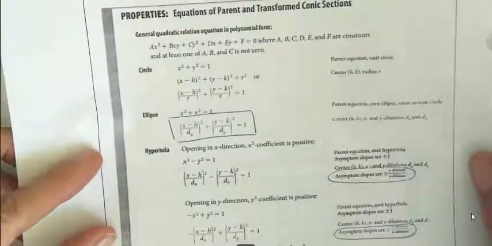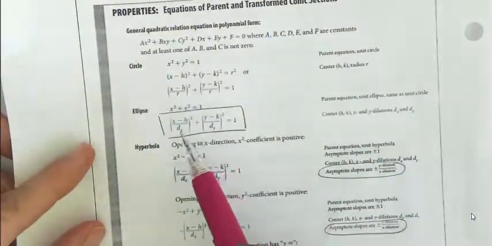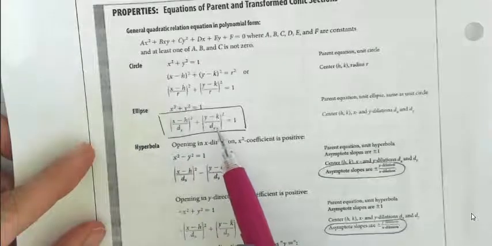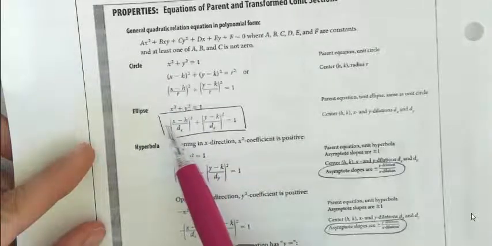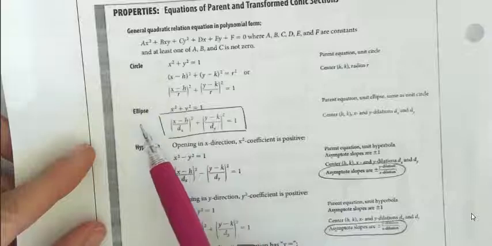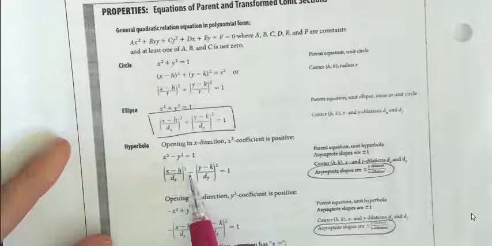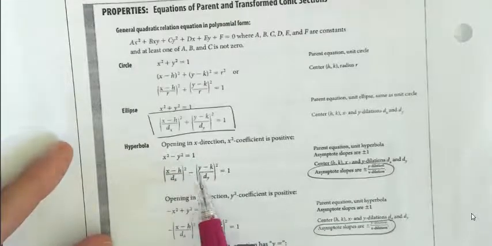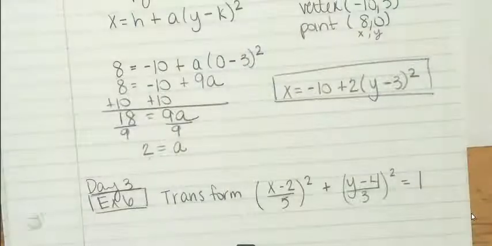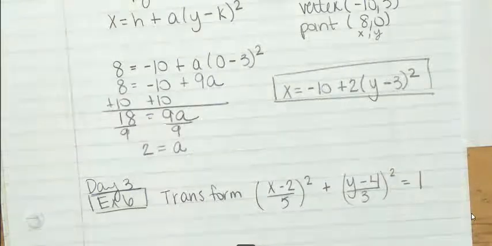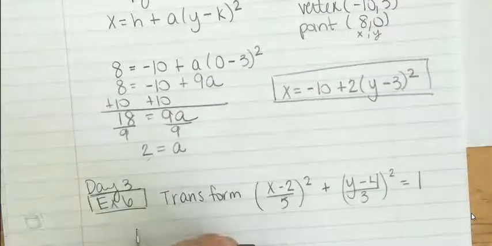So coefficients being different, but both terms being positive, that tells me that it's an ellipse. If one of the terms had been negative, so opposite signs, it would have been a hyperbola. Okay, so I know it's an ellipse. All right, I'm going to transform this into